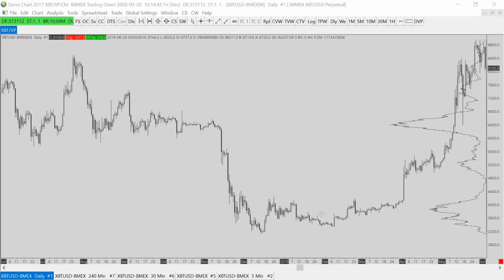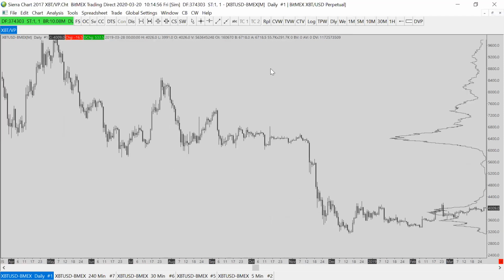So if traders are willing to provide liquidity, price will get stuck. You might think of liquidity as a kind of friction, and conversely, if there's no liquidity, like in here, you can see no volume was traded there, then price is going to run through that area relatively quickly,